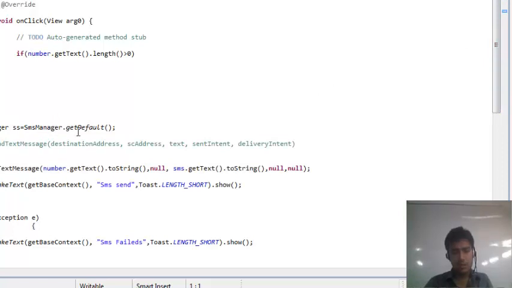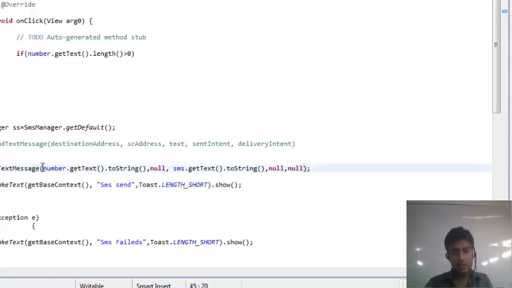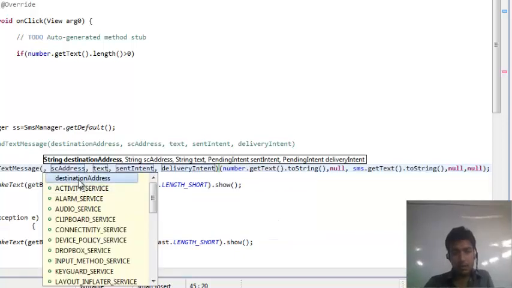This class identifies for the DVM that now we have created the logic for SMS sending. Here the object of the SMS manager class is ss, so we call ss.sendTextMessage and apply the logic. First we have the destination address, and in the destination address we get the number from the number edit text.